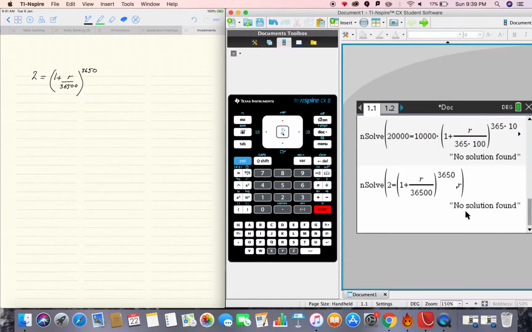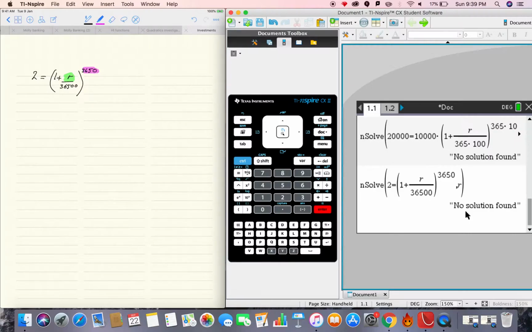No solution found. So we are a little bit stuffed here. So unfortunately, we will just have to go and crunch it out manually by hand. So let's go back to our calculation page, and let's just think about where the variable is that we're trying to solve for. So here's r here. You know, it's wrapped up in a bracket. So the usual trick is to undo outside the brackets first. So the first thing I'm going to try and do is get rid of this